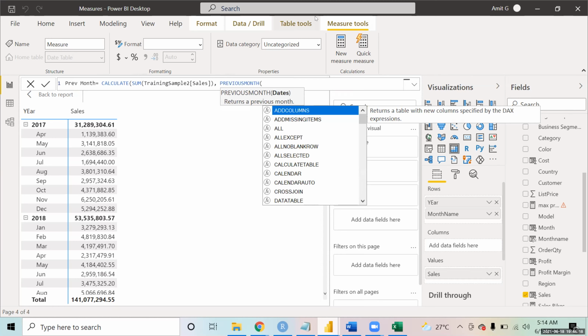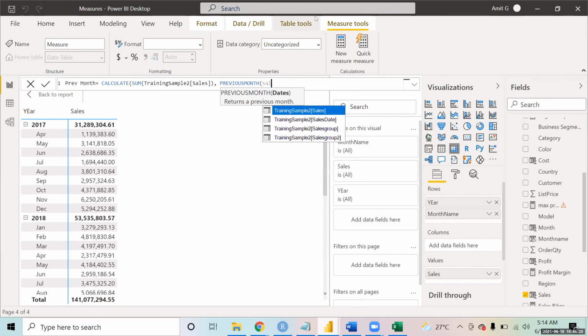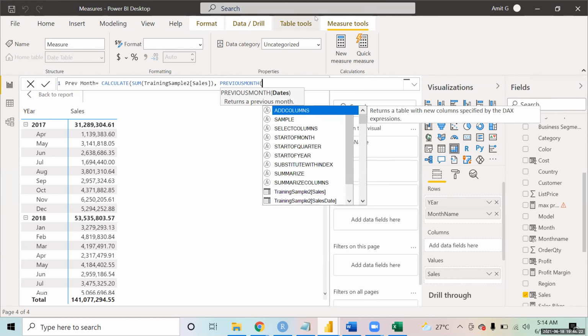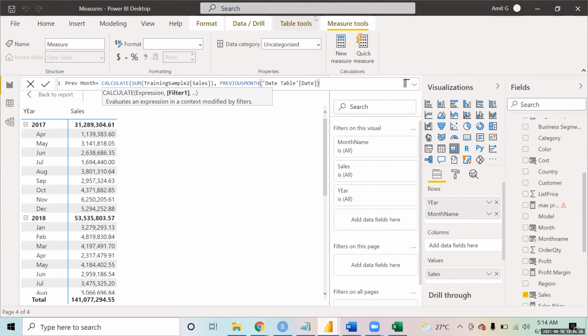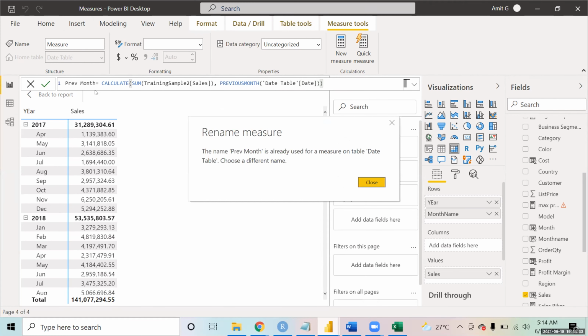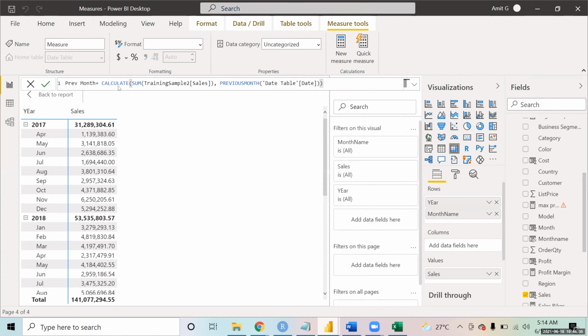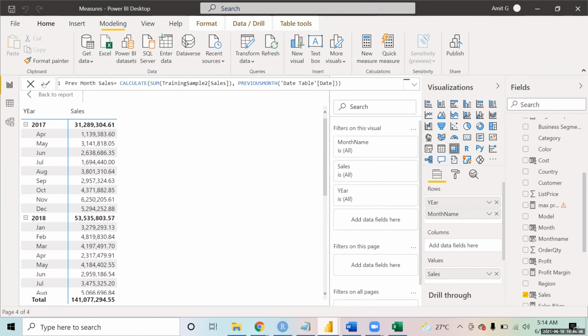The date field that you will always have to use will be from the date table. We already have this measure. If you have it, don't make it. If you know how we make it, we can skip this part.